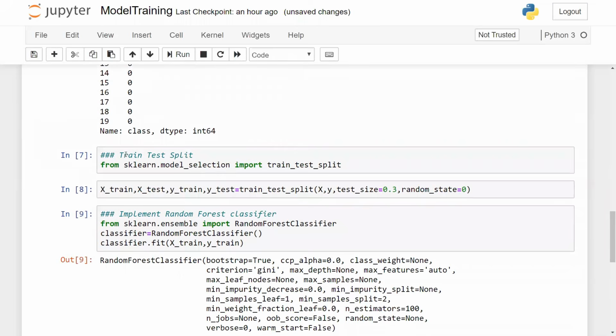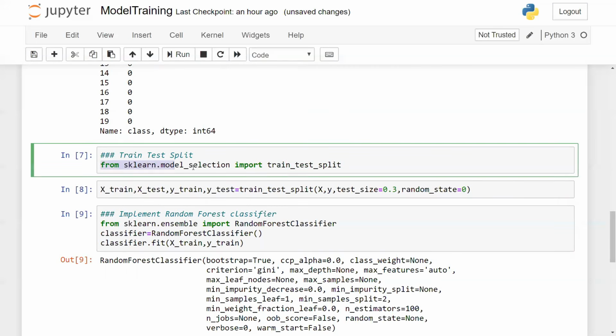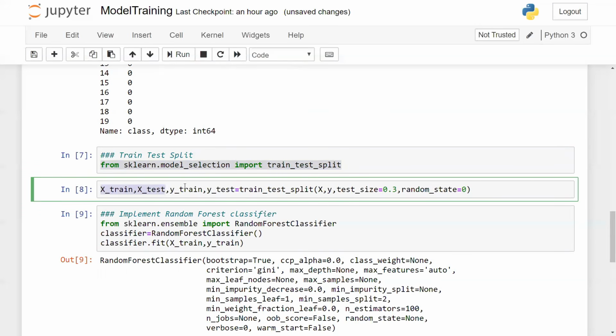Now, the next step is pretty much simple. We are going to do the train test split. In the train test split, guys, first of all, I've imported the library from sklearn.model_selection import train_test_split. Then you have X_train, X_test, y_train, y_test. Then you have train_test_split where I'm giving my X comma y, where my test size is 0.3. That is basically 30% of that particular data I want to be in the test data. And I've taken some random state value. You can take any random state value as you like.